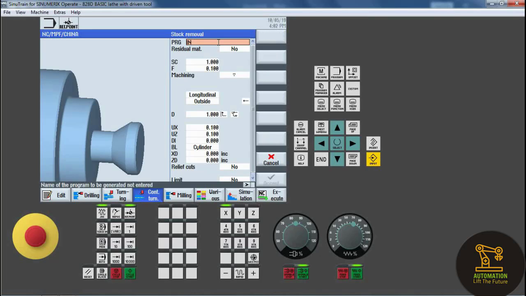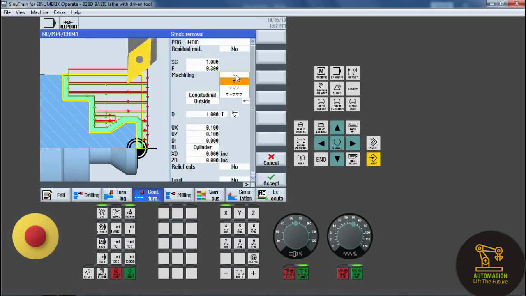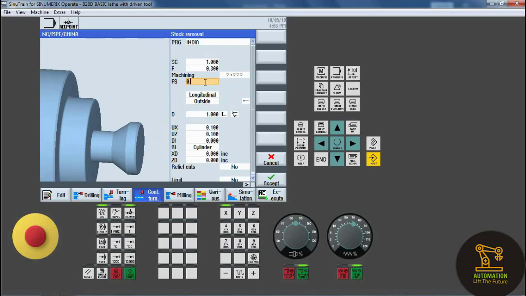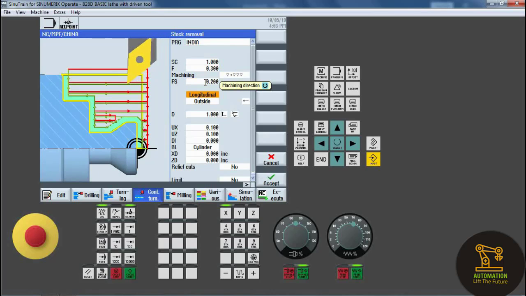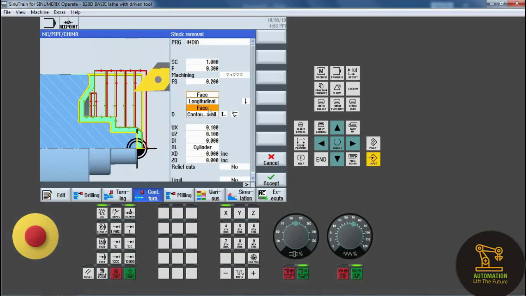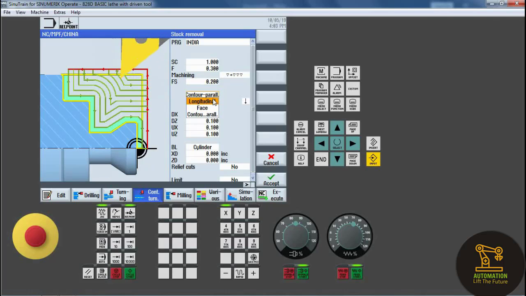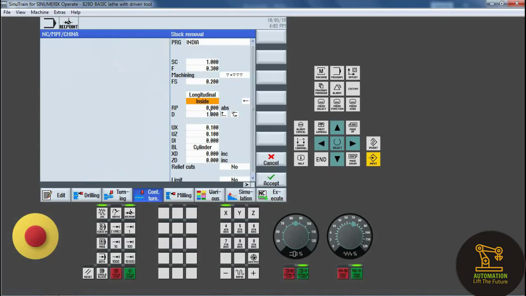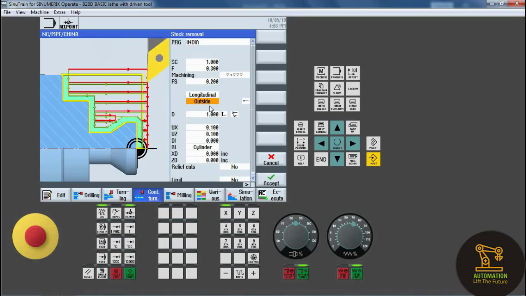So for stock removal, the program is India, the subprogram we created, and feed rate is 0.3. This is the symbol of machining, meaning roughing or finishing, and feed rate FS means feed rate 0.2, and longitudinal or face or contour parallel. So the material is being cut.